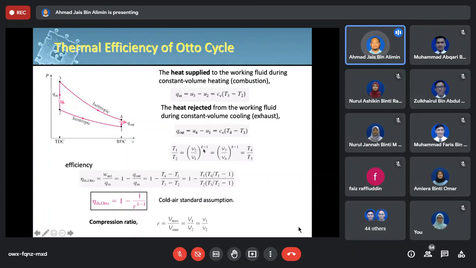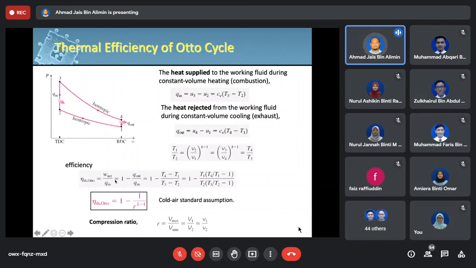Okay. So you can obtain the value of K from the table, but you need to select the suitable temperature range for the value of K. Okay, and then after that you calculate the efficiency, and efficiency is calculated based on the same definition, which is the net amount of work produced divided by the amount of heat supplied into the system,